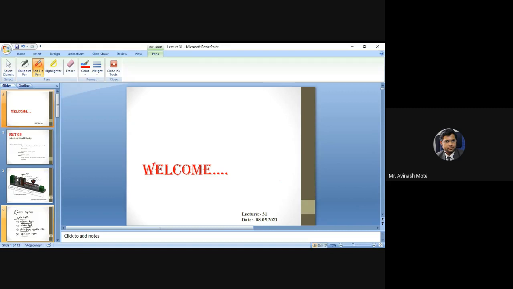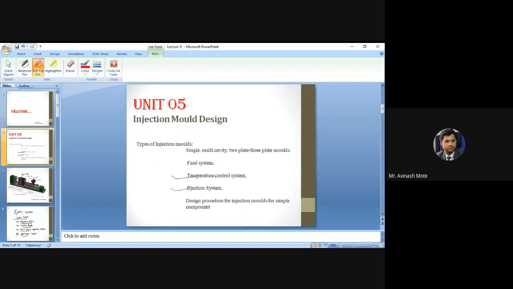Okay, so we have started from the last lecture. We have started dealing with the injection mold design, and before that we dealt with the compression mold, and now we have started with the injection mold design. As I told in the last lecture, a couple of processes we are going to see from the designing point of view. Compression part we have seen, transfer mold we have seen, and now this is an injection mold. Only the processes which are widely used for different kinds of plastic products we are going to see, and for the rest of the processes, the basic procedure is going to be similar. Now for this injection mold design,